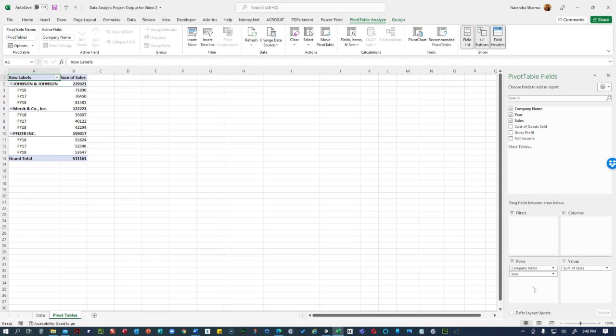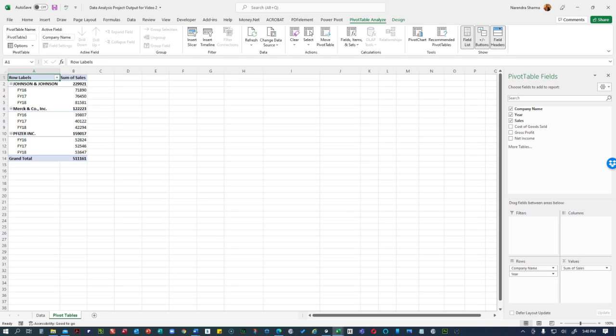Now, because the year field, what we have done is we have used FY. So this is a kind of alphanumeric, so it will not take it as a data value, because it's alphanumeric. So you will see this kind of pivot table working out. This is not the final one that we are going to do. So that is your step number two. First,